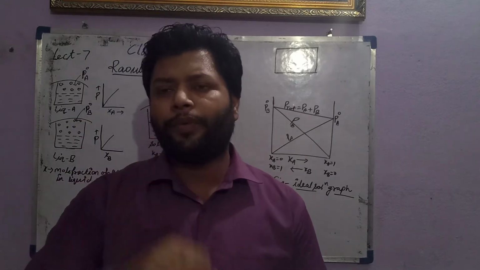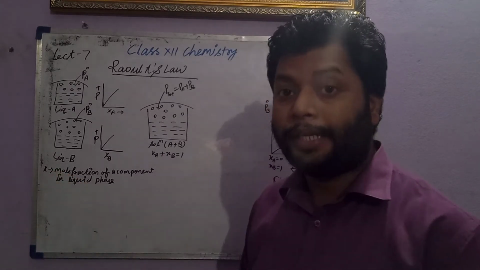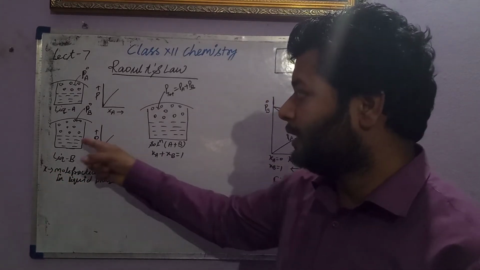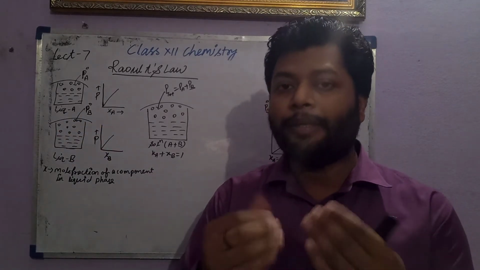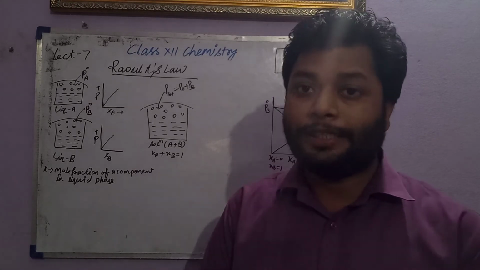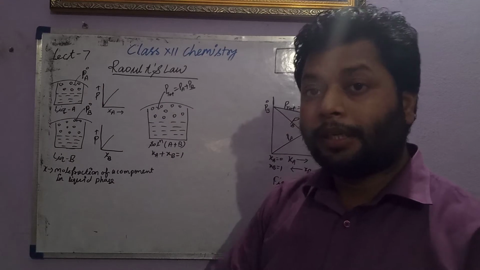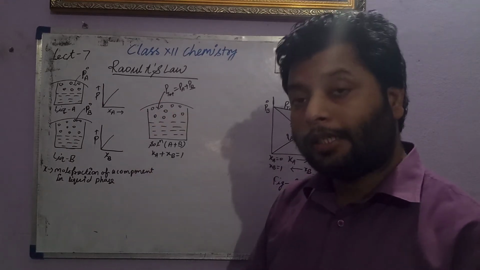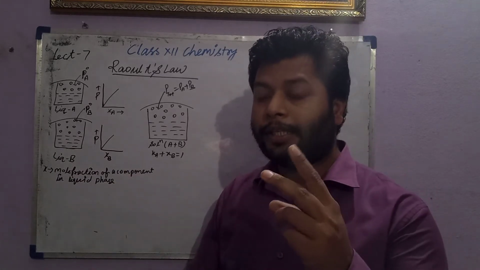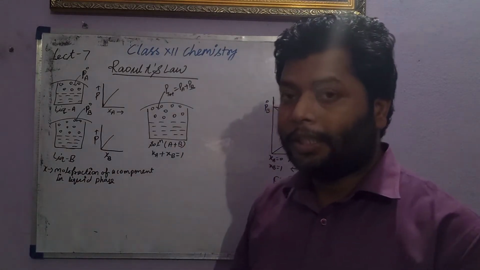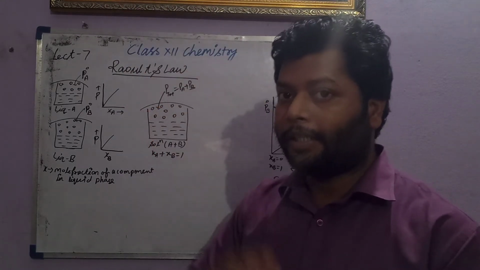There are two different types of mole fraction actually. One is the mole fraction of a component in the liquid phase. You can see there is a liquid as well as vapor. Whenever the liquid is there at a given temperature, liquid gets evaporated easily. So some of the particles of the liquid come into the vapor phase, and the same component is also present in the liquid phase. So there are two different amounts of particles: one present in the vapor, one present in the liquid.